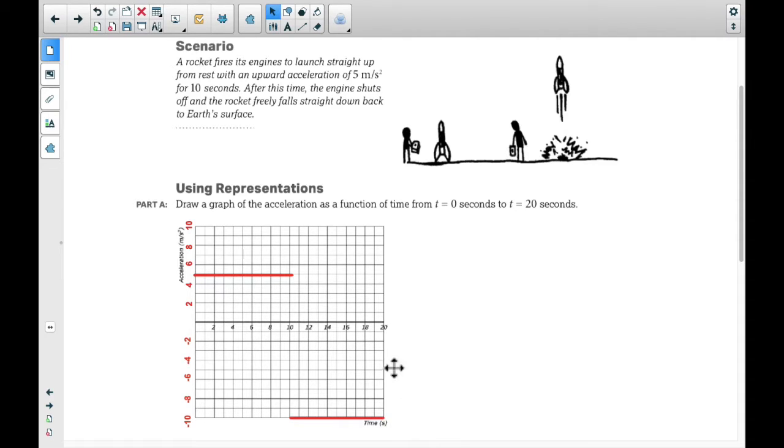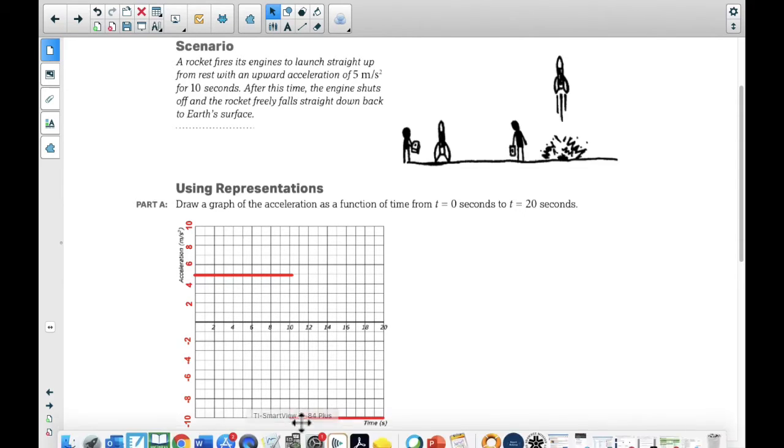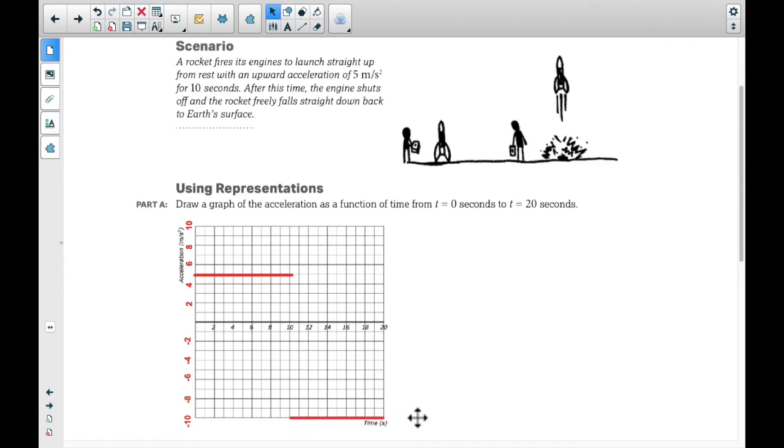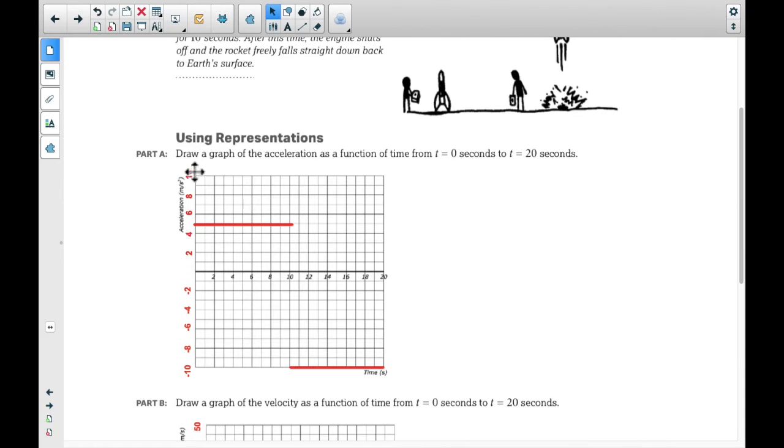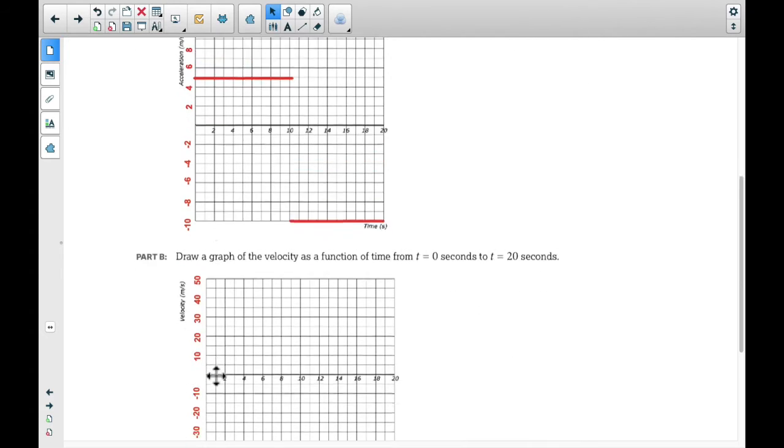So this is our graph of the acceleration. It's going 5 meters per second squared upward, and then suddenly the engine turns off, and now it's going negative 10 meters per second squared as an acceleration. I forgot to mention, I went ahead and labeled my y-axis, so I knew I was going to get to negative 10, so I just counted by 2, 4, 6, 8 like that. So we got up to 10 here and down to 10 here. Because in this next graph,